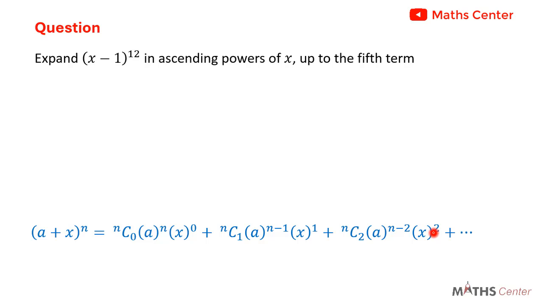So if the order continues, it means that for the fourth term, the exponent on x will be 3. As you can clearly see, the powers of x, as we move from left to right, increase. It is in ascending order. What this means is that when we are using the binomial theorem, the first term in the binomial expression, its exponent will decrease as we move from left to right, and the second term in the binomial expression, its exponent will ascend as we move